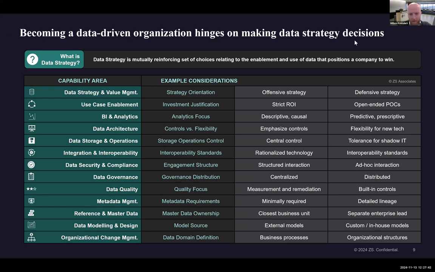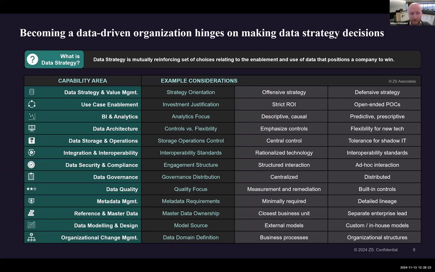I'll maybe skip a couple of these just for the sake of time. Data governance is one that's also very common to be considered relatively early on in a data strategy development, in terms of to what extent you are going to do things centrally, right? There's typically always a minimum amount of things around the definition of the framework and the roles and responsibilities that you would always do centrally. But in terms of doing the actual work to document these and implement them, that's where you can start to lean heavier on the decentralized teams in your organization.